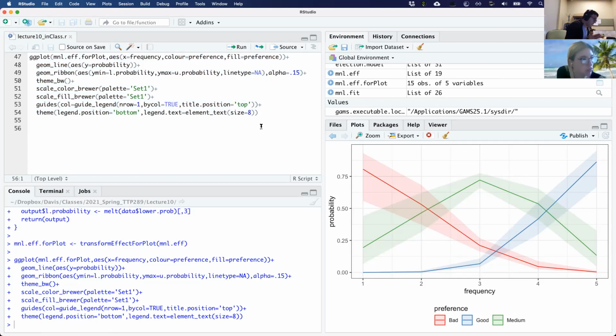Okay, hopefully that makes sense for everyone. Any questions about this? So this is, again, the kind of analogous chart to that Democrats probability one, where you go from less registered Democrats to more registered Democrats, and then your probability of any outcome increases. This is the same thing, but where we have multiple outcomes. Instead of just 1 or 0, you now have bad, good, medium.